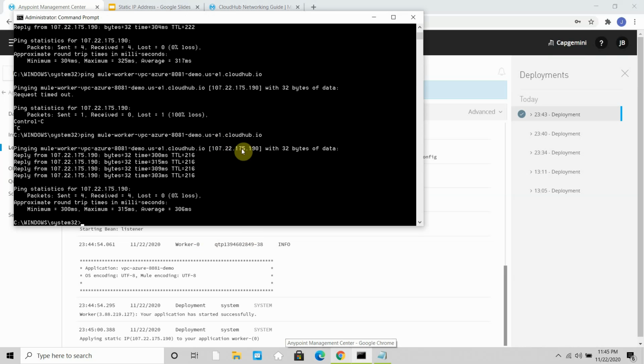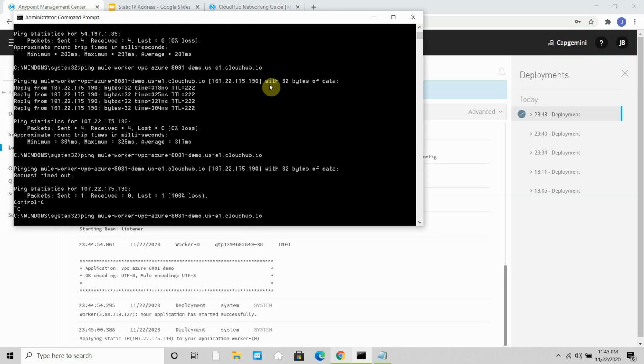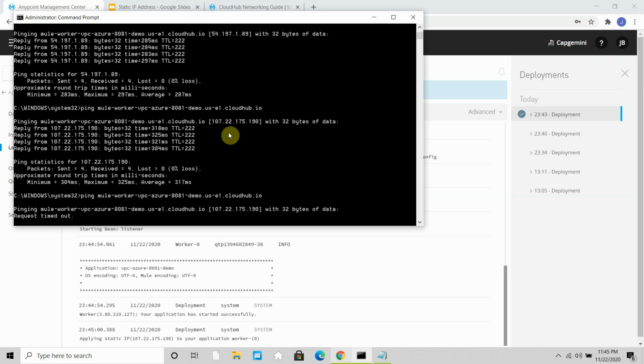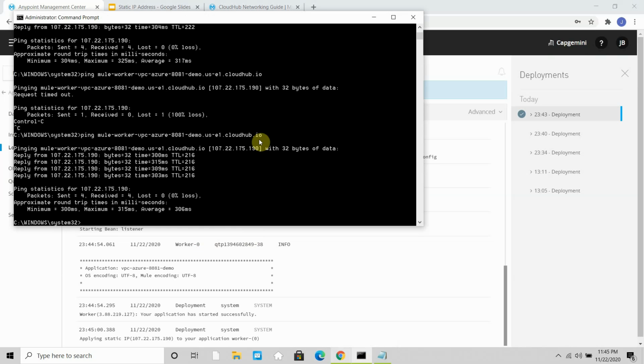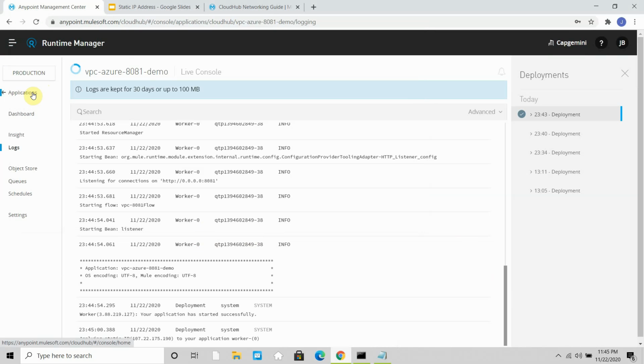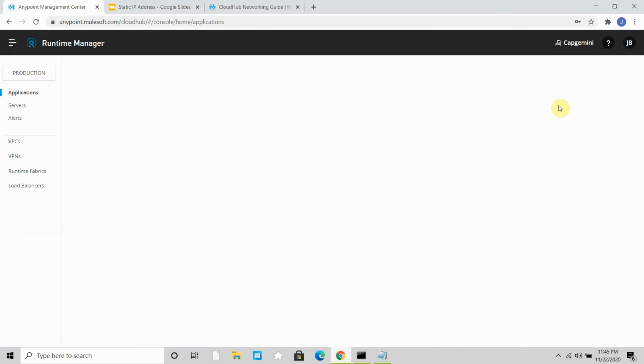The IP address is 107.22. Previously it was 10.22.175.190. Even if we restart the application, it hasn't changed. Even if we redeploy, it will not change because you have applied the static IP address. Now what I will do is delete this application and deploy it again with the same name